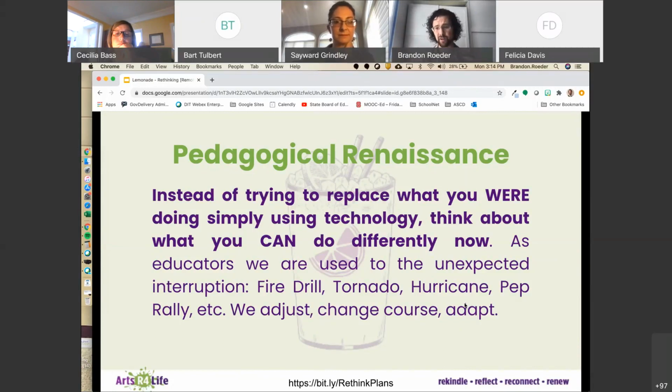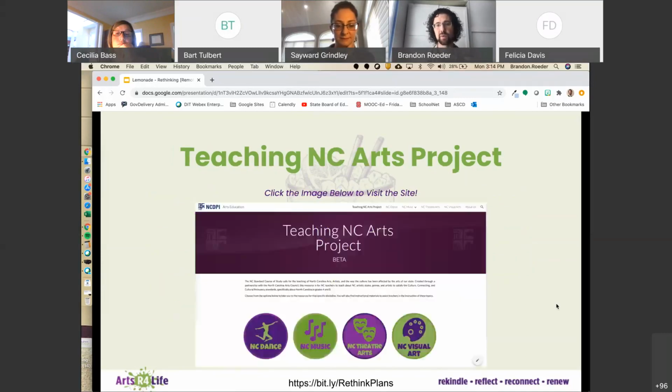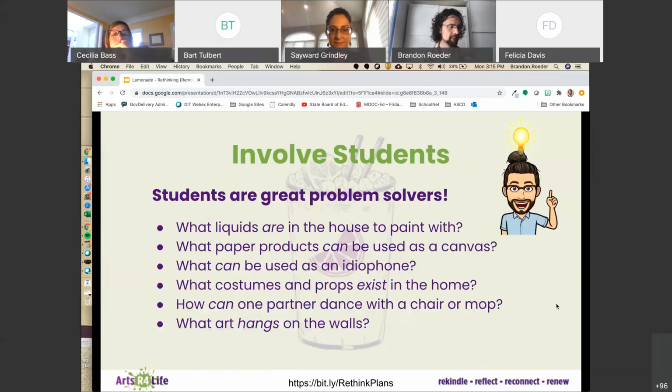You will have time to rehearse and to create galleries later in the year. So what tools can you give them now that will make them more successful later? Very quickly, just want to share one such tool. The Teaching North Carolina Arts Project was something that we began actually this past fall, specifically to address standards in grades 4 and 8 about teaching North Carolina arts. And so we've been partnering with other state organizations to bring together resources, and it just happens to be on an online platform that's incredibly friendly for any online or blended instruction that you might use.